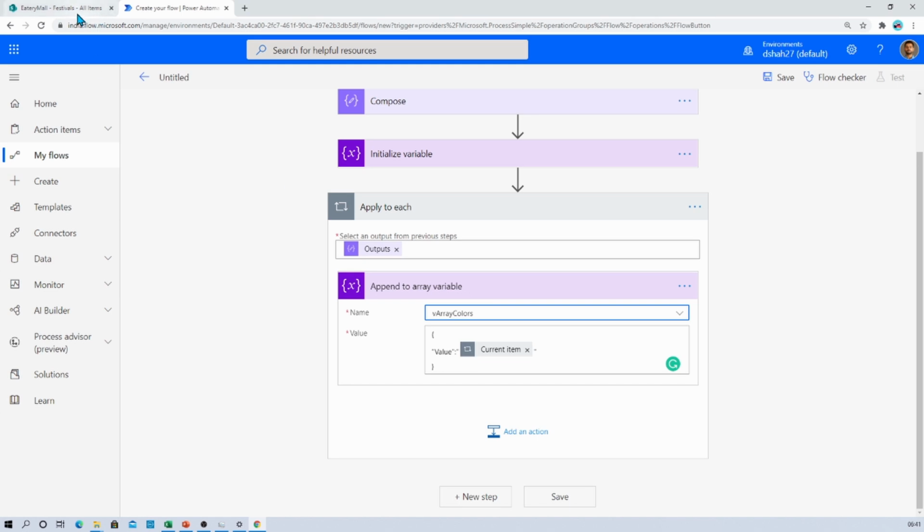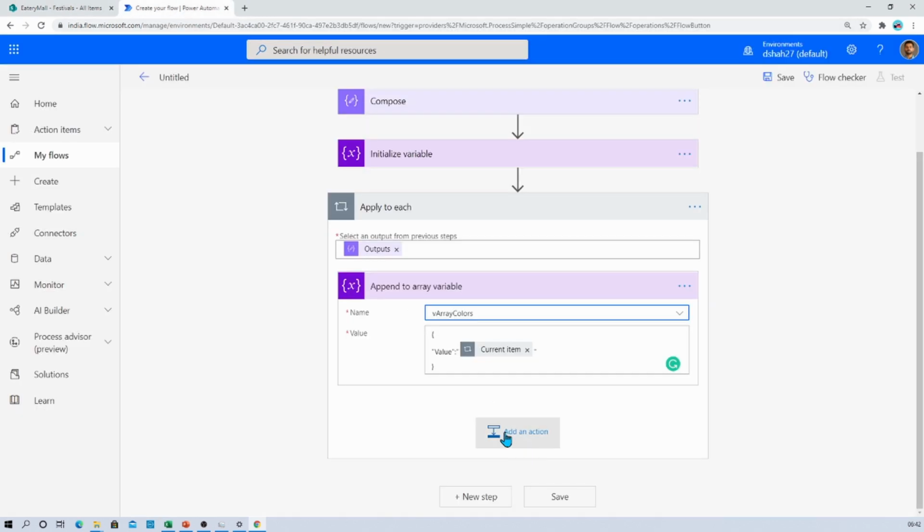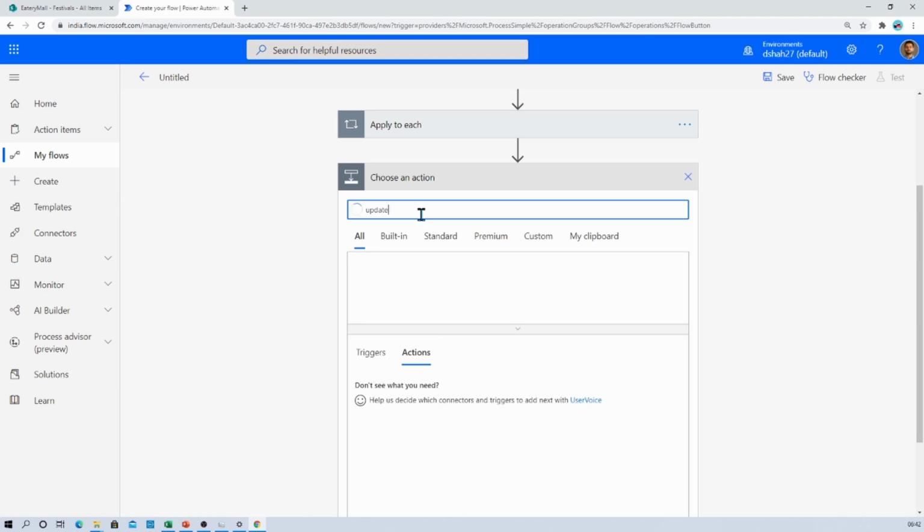Now let's say we want to update item number 2 over here, and let me just have the colors value only blue and green. I just wanted to remove yellow and red, right? So what I need to do here is now just use an action, update item.